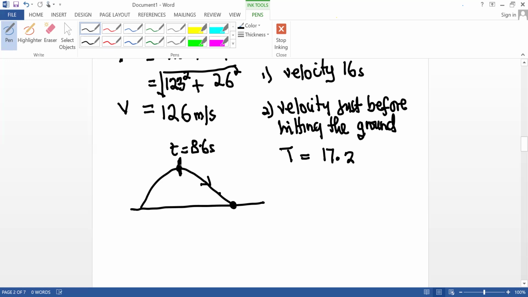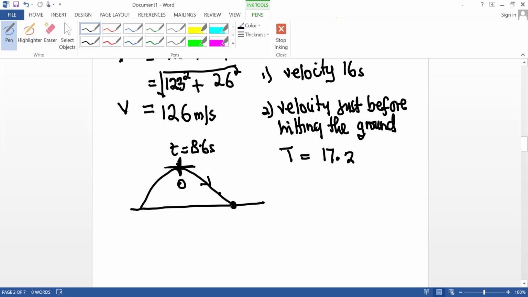Class, what is the vertical velocity at the maximum height? Zero. Class, do not waste time. It's zero. So it means that